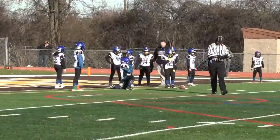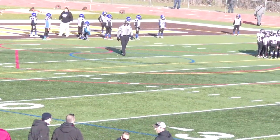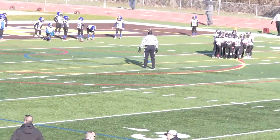And there you saw that replay. Phenomenal move there at the 5-yard line to make a Rambler miss. And now they're looking at 1st and goal. This drive continues